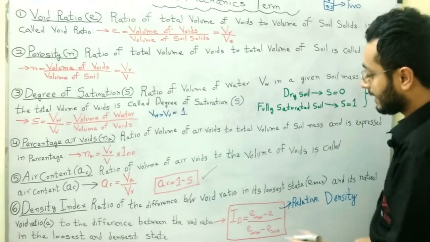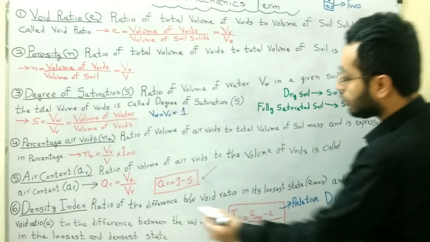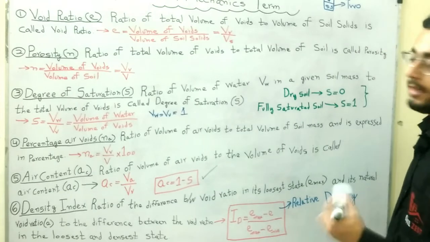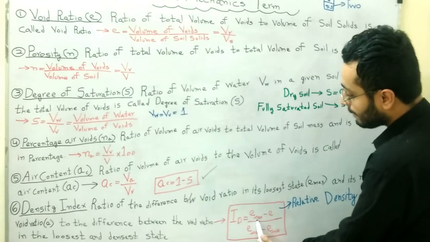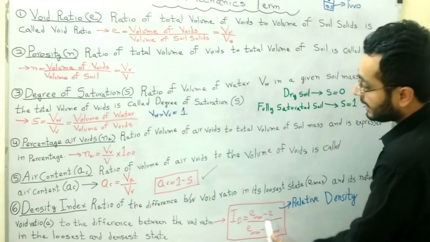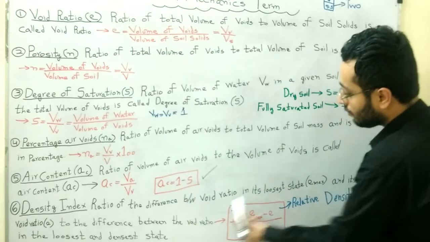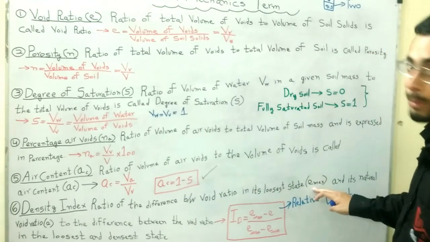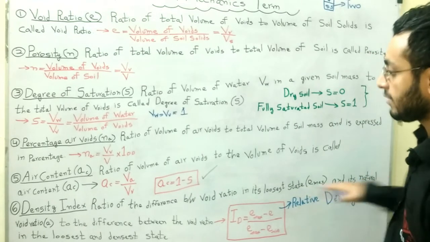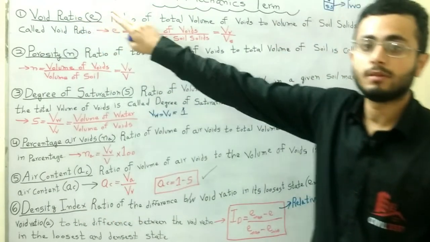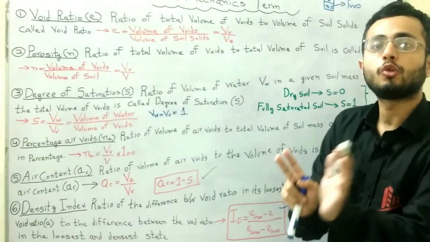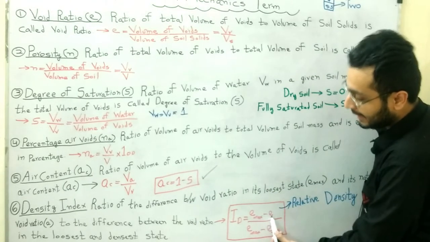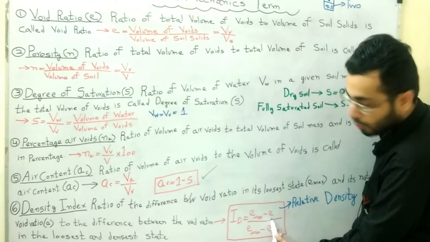Now first of all, you have to understand that it is the ratio of differences. Its equation: ID, the symbol of density index, is equal to Emax minus E. Emax minus E means it is the difference between the void ratio in its loosest state, which I have already described as E maximum, the maximum void ratio, and its natural void ratio, which we have already studied, the normal void ratio, denoted by E. So basically, in the numerator we have this term Emax minus E, loosest state minus normal void ratio, divided